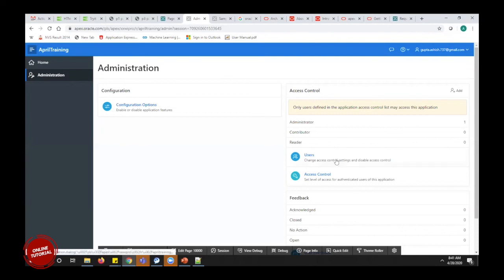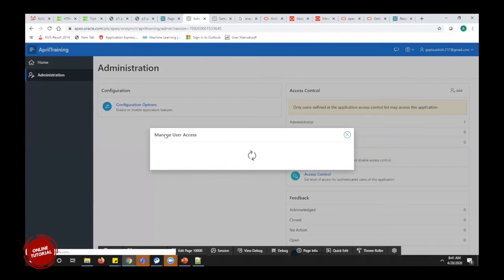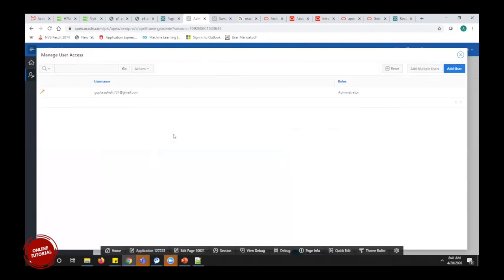Currently my user is assigned the administrator or developer role. Going forward, I will give myself only the end user role, so I cannot make changes directly in the next server. I have to deploy my changes if I need any changes.